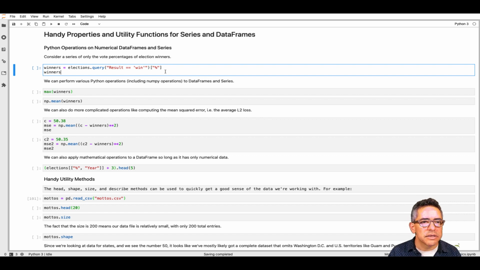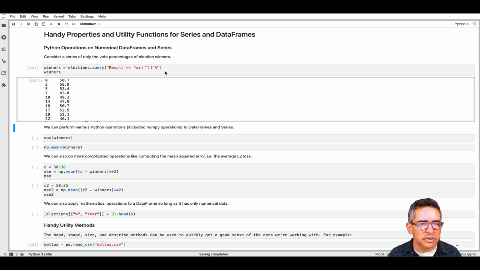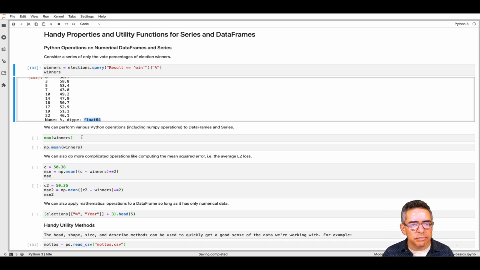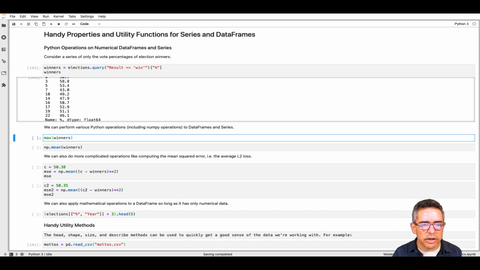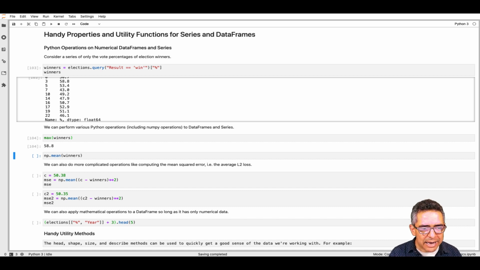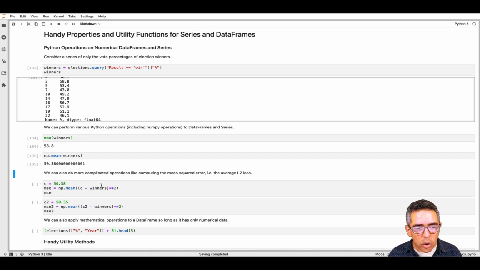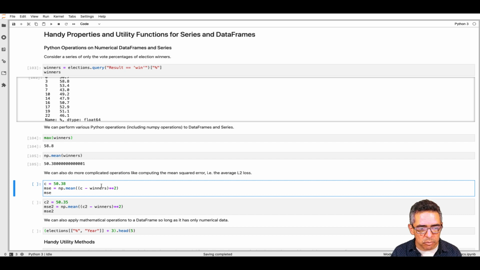So let's imagine that we pull out from our elections data set just the percentage of the winners. So this is going to be a series that is purely a series of numerical values. This is basically as close as you're going to get to a standard NumPy array. This is just a series of numbers, but it does have an index, which NumPy arrays don't have, right? That is the one distinction. But because it is very much like a simple NumPy array, standard NumPy operations work on it, so you can compute things like the maximum, you can compute things like the mean,